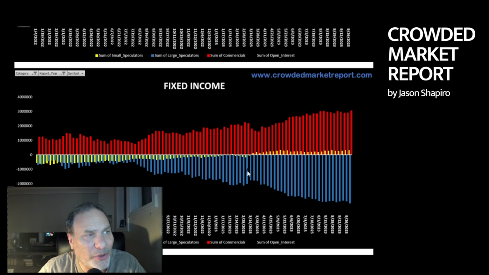The large specs were short. The small specs were short. The commercials were long. We got our market confirmation. We got long, and we caught the move. And very quickly, you can see the small specs went from being short to long. We get out. It was just a few-week trade, but it was a nice few-week trade,